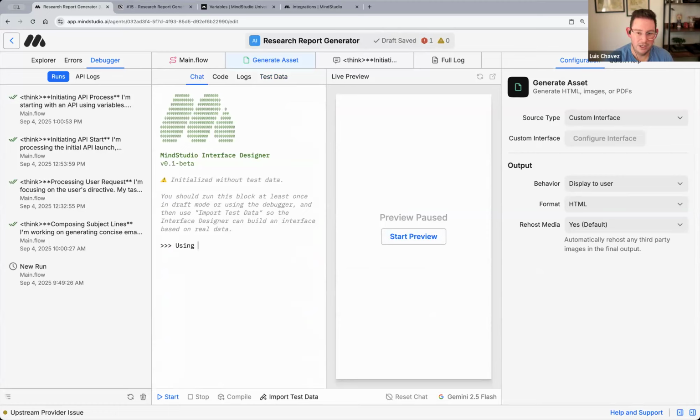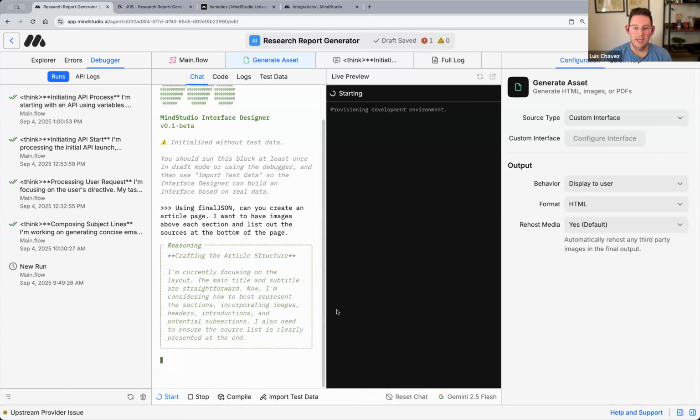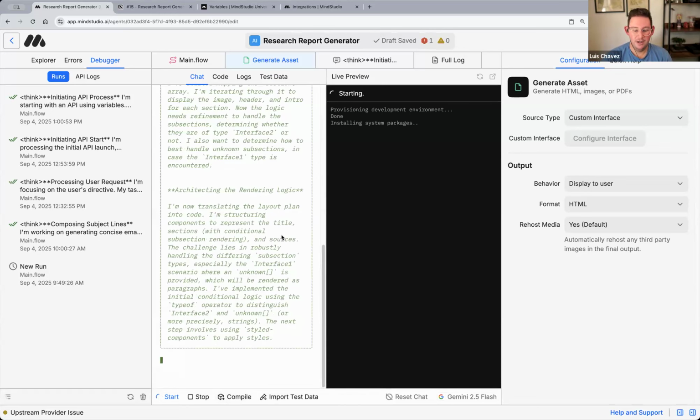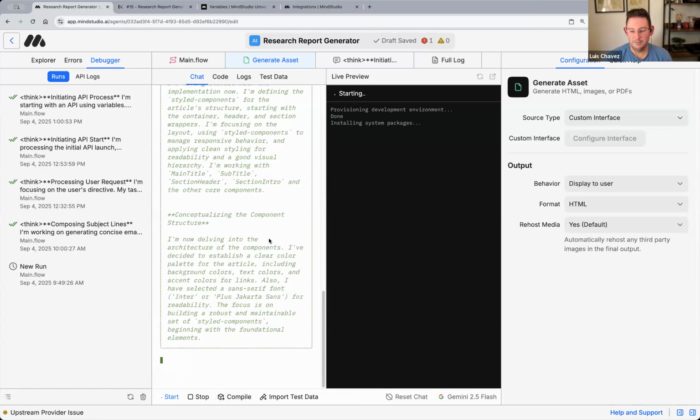So using final JSON, can you create an article page? I want to have images above each section and list out the sources at the bottom of the page. And now it will begin to craft our page here. We just need